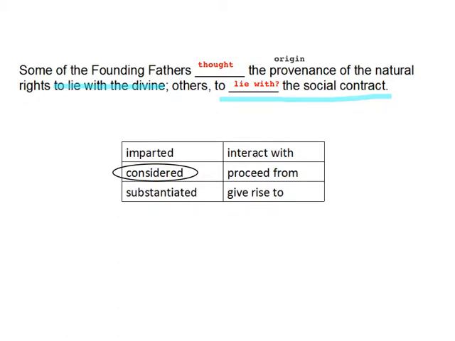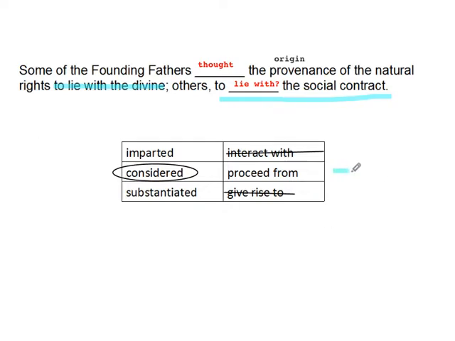Some considered the provenance of natural rights to lie with the divine. Others considered the provenance of the natural rights to lie with the social contract. And what do we mean by lie with here? Some people say it's divine, some people say the social contract. We don't mean interact with, and it's certainly not give rise to, though if I were